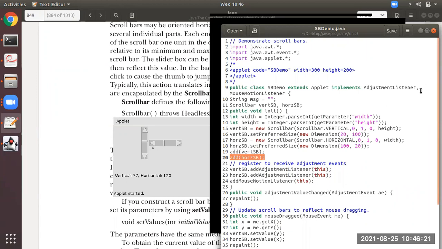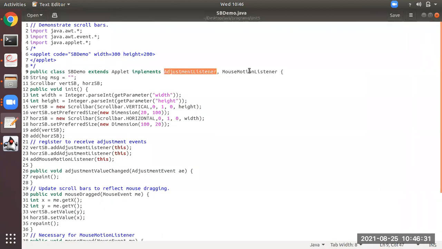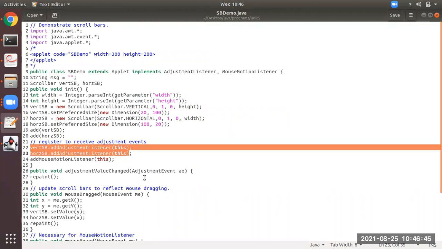And remember, this scroll bar has two interfaces: AdjustmentListener, MouseMotionListener, and you have to register them also. Here, addMouseMotionListener is registered, and also addAdjustmentListener is registered.